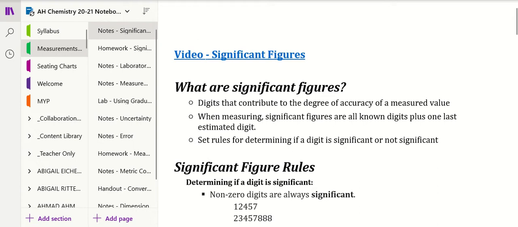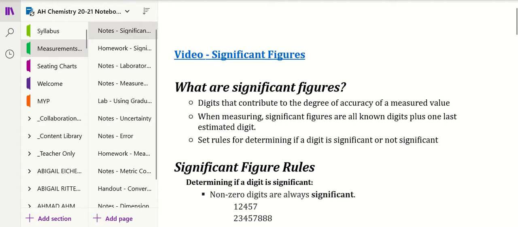So when we report measured values, we want to make sure that we're all following the same rules for what digits we report and what digits we don't report. When we talk about a measured value, all of the digits that we include and communicate are what we call significant figures. Significant figures are a way to communicate to anyone looking at a measured value the accuracy to which you measured that value. And to make sure that everyone everywhere is communicating digits in the same way, we need rules